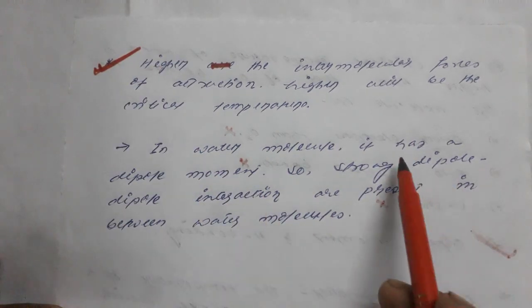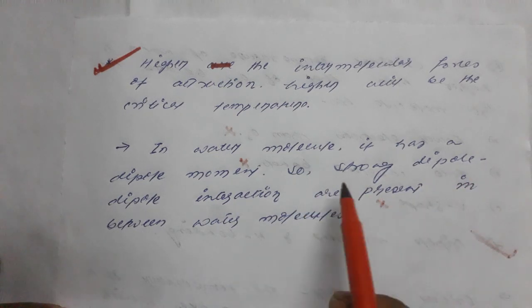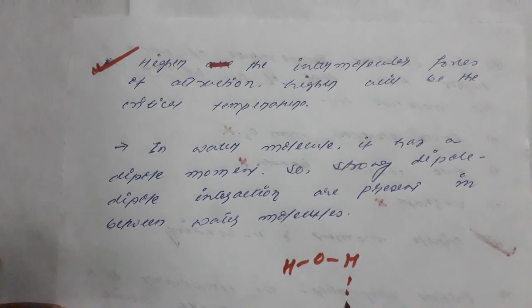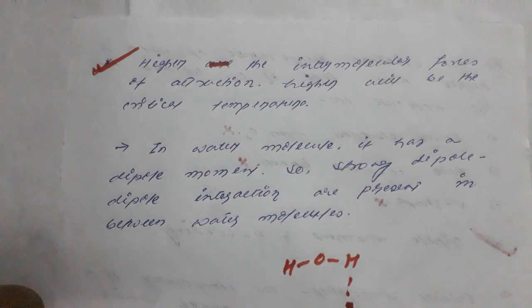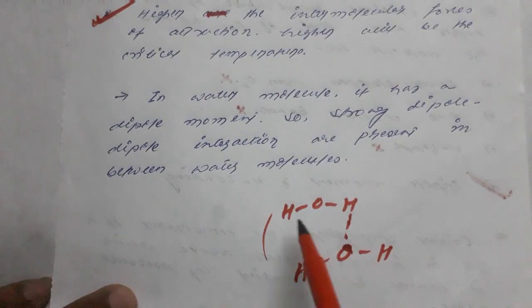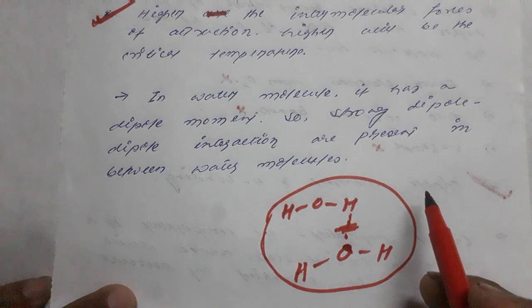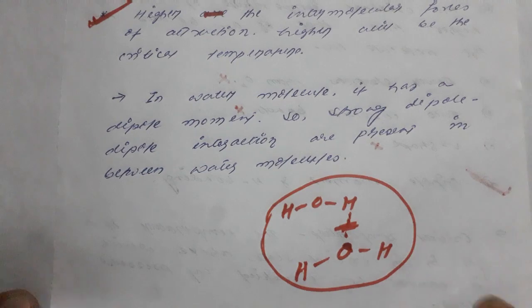So in the case of the water molecule, there is a dipole moment, a polar molecule, so it has strong dipole interaction. In the case of the water molecule, we can have hydrogen bonding. So we can say strong dipole interaction, and due to this, molecular association. Due to this hydrogen bonding, a larger number of water molecules can gather there. So that's why it is possible.